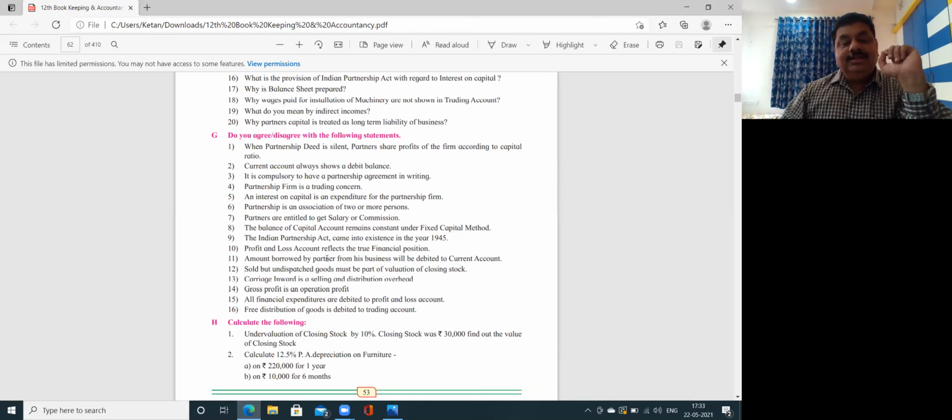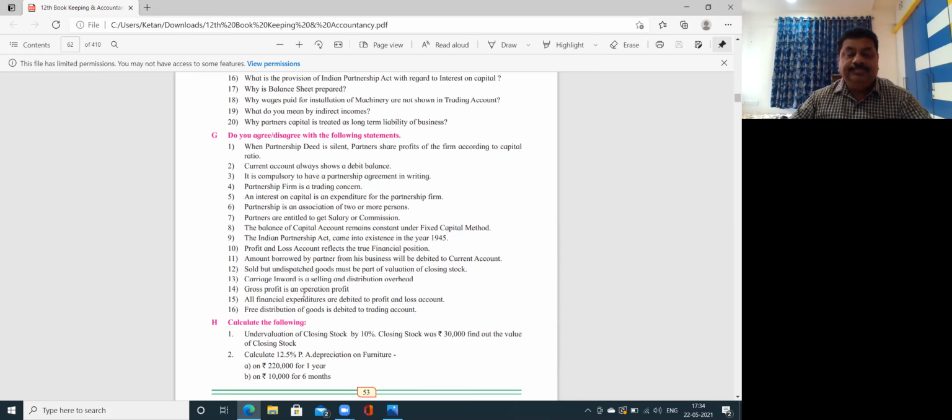Do you know that in CA Foundation you have a subject called mercantile law, in which there is the part of sale of goods? The Sale of Goods Act is there, where this kind of thing is properly explained. When you are selling goods to a customer, the transaction is completed, but the goods are not yet delivered. It is not our property and we cannot include it in the closing stock. It should be excluded. It is not our property; it is lying in our godown, but it is not ours. So number 12, I do not agree.